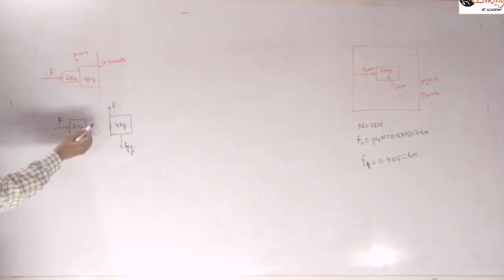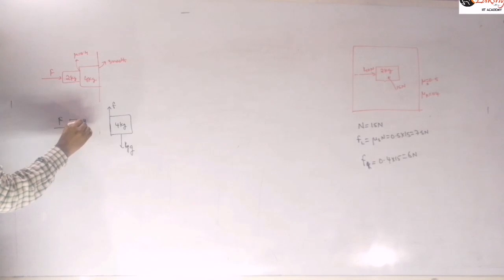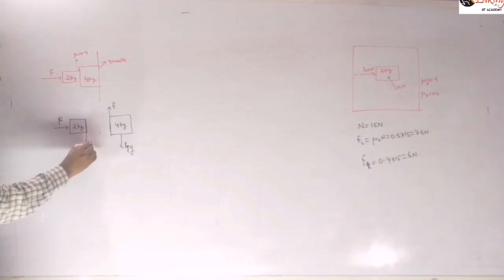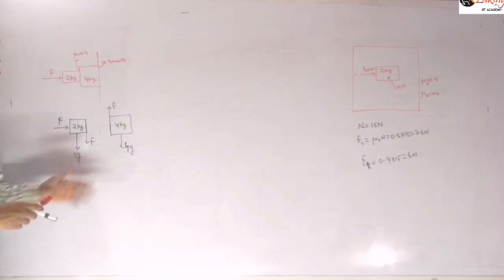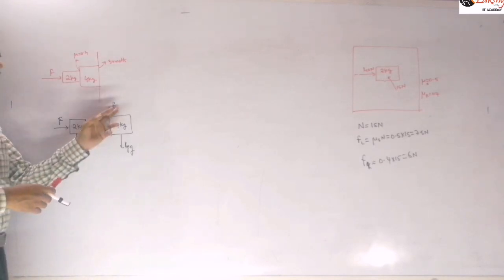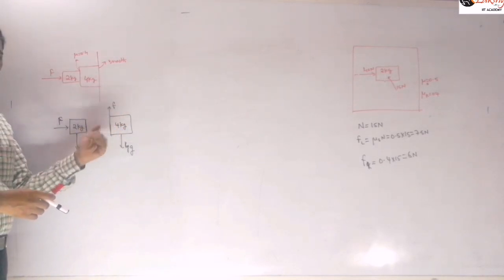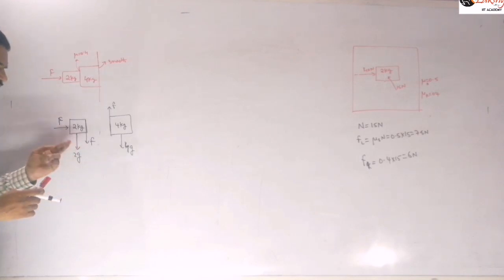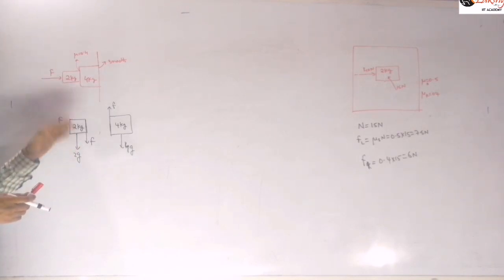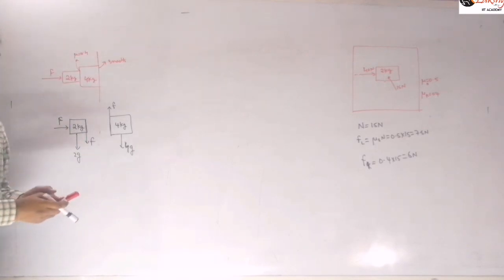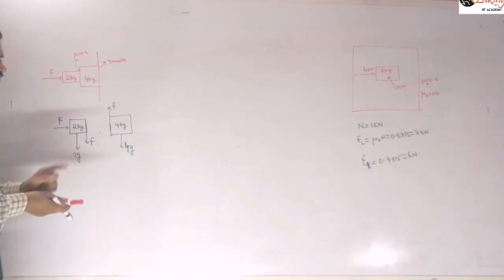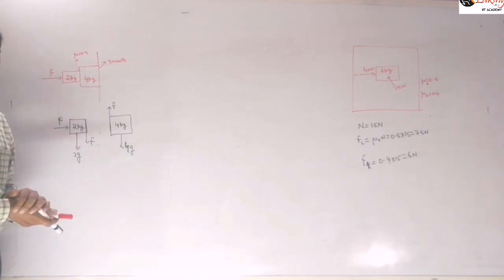Then if friction acting on this block is in the upward direction, then friction acting on the 2 kg block will be in the downward direction. The weight of this block, 2g, is also in the downward direction, right? If, for example, you assume that this 4 kg is balanced by this F, then F is equal to 4g. Then the total force will be in the downward direction, and so it accelerates downward. Even if you take the reverse direction, with force on this in the upward direction, then force on the other will be in the downward direction.